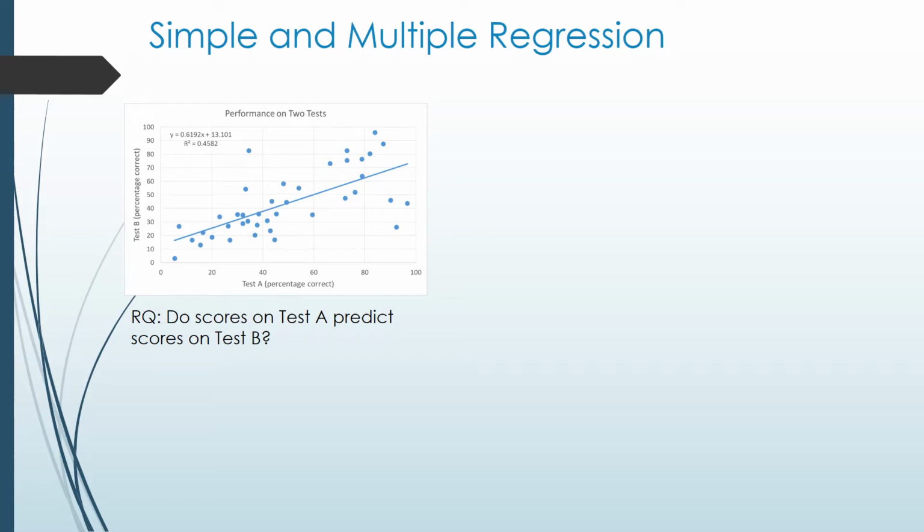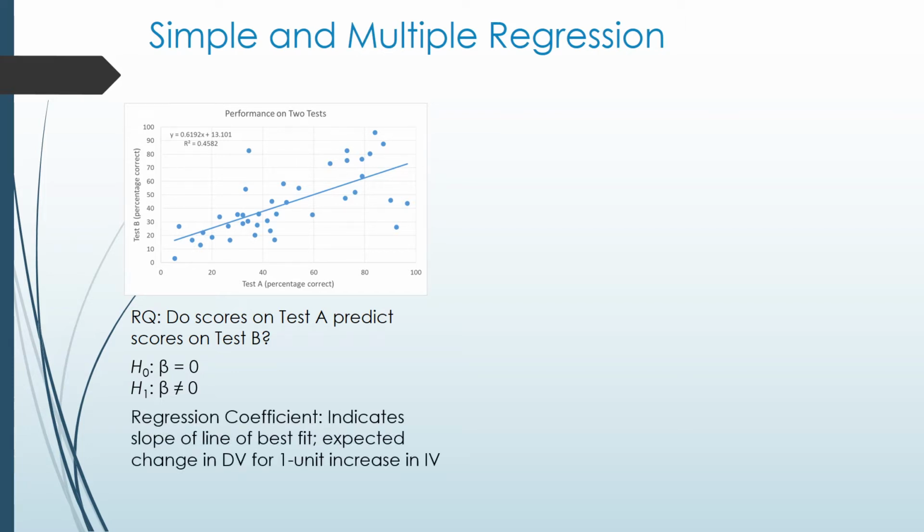You'll recall on the left here we have that same example that we used in the discussion. In simple regression, our basic research question is, do scores on one variable predict scores on the other? In this case, we had test A and test B. Recall that there is one set of null and alternative hypotheses. That is that the standardized regression coefficient is equal to 0. In other words, the slope of that line is basically 0. And then the alternative hypothesis would be that the beta regression coefficient, or sometimes called the beta weight, is not